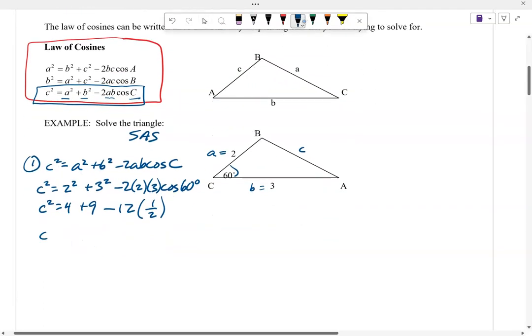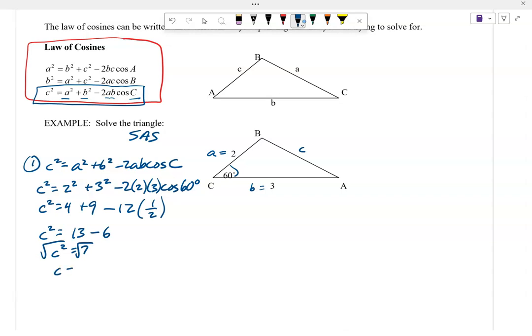So we got c squared equals 13 minus 6. So c squared equals 7. So it looks like side length c is the square root of 7. Right? So now we know this is the square root of 7, which is between 2 and 3, right? It's 2 point something. And so now I want you to note